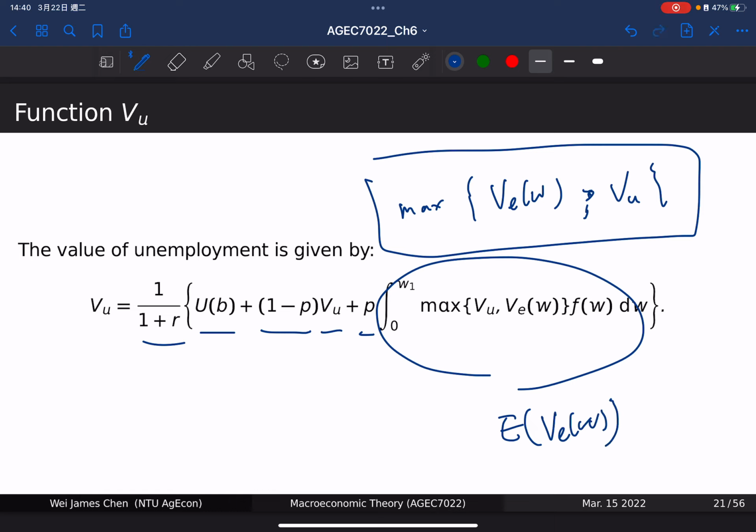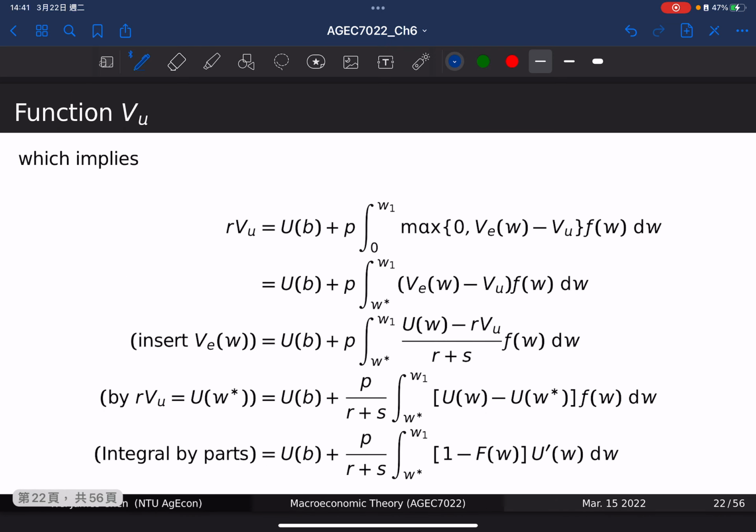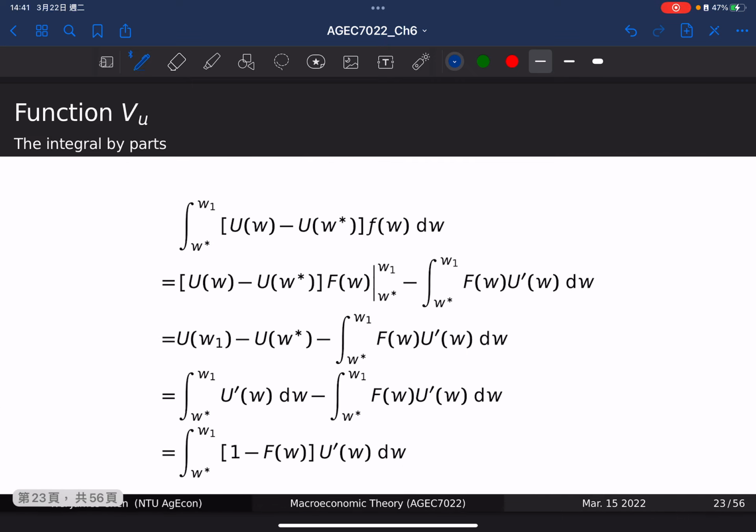Okay. And then I do a lot of math. Remember, I insert something and change something, and do a lot of things. Even the last step, I do something called integral by parts, which is something you should learn in your first year calculus, but you probably never use it. Maybe in some statistics course, but not in other courses. But anyway, then the whole thing gives you at the end